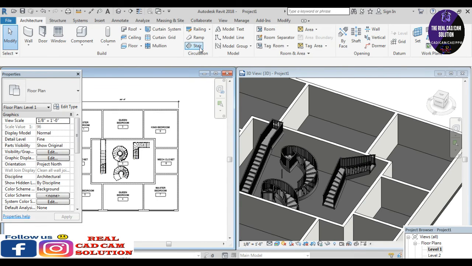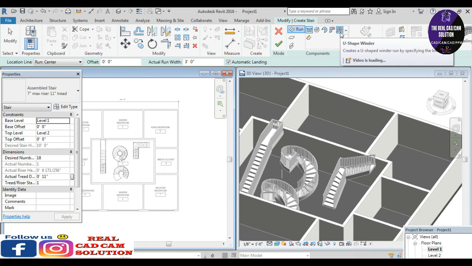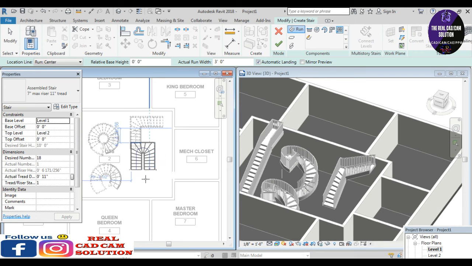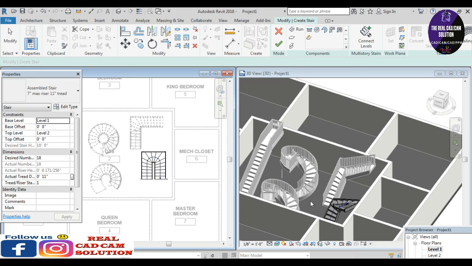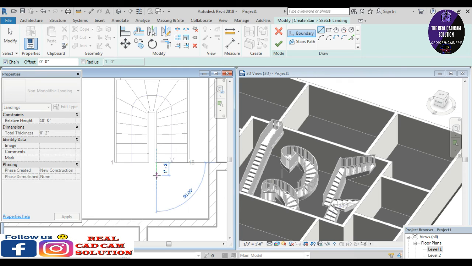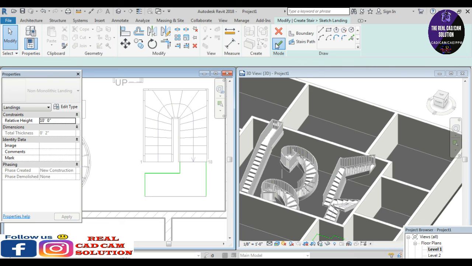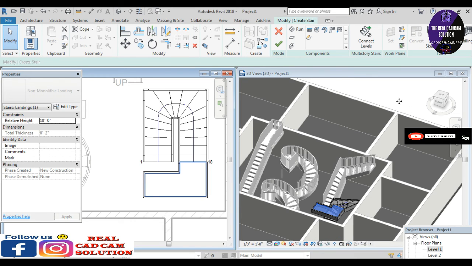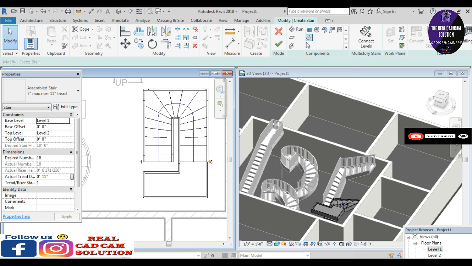And then use the U-shaped stair. Okay. Use the landing towards the U-shaped stairs. Draw like this. Okay, just tick finished. Also tick finished. Okay, it comes towards the landing, and give the final tick for the railing setup so the landing and the stairs are connected. Let's see the finished sections.